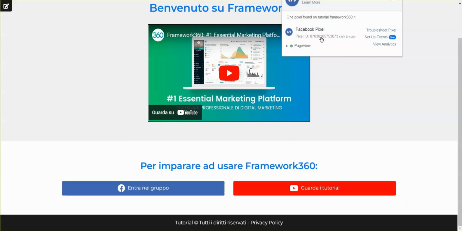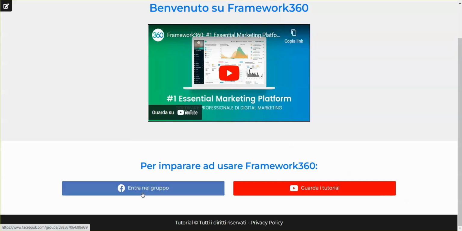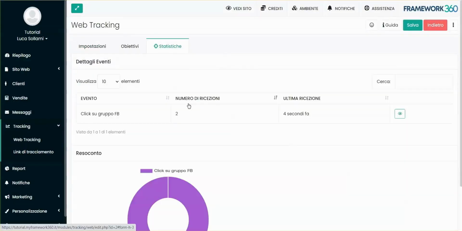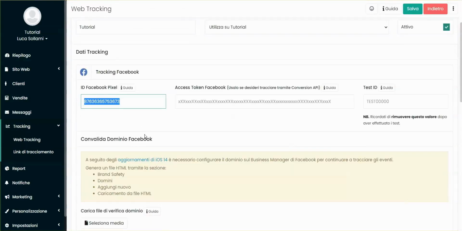How can we see? In this case, I placed a random pixel, but it is still detected. It passes the page view, which is indeed the standard tracking action of Facebook, indicating that someone has visited the page. Now I click on the Facebook group. We can see that another event will have been passed, as we can see here, received 4 seconds ago, and it will also have been sent to the Facebook pixel that we inserted,